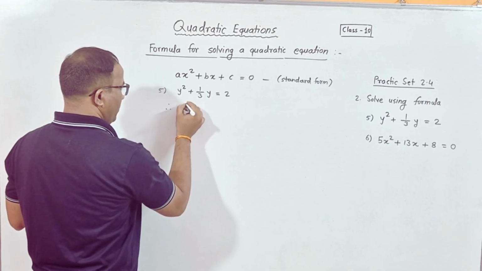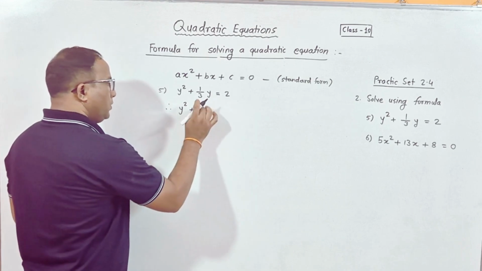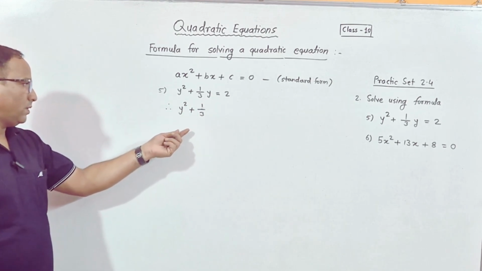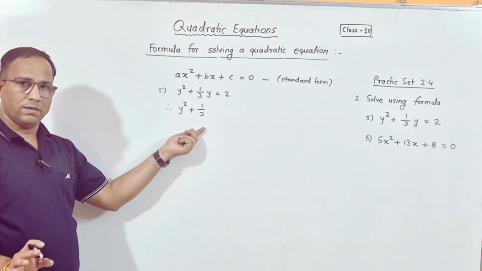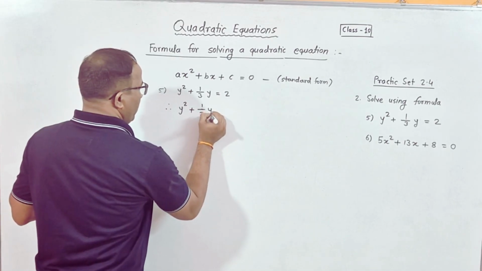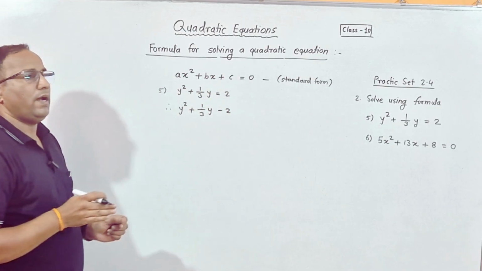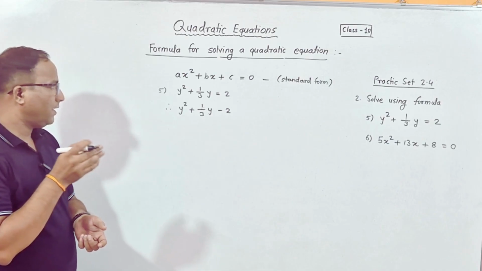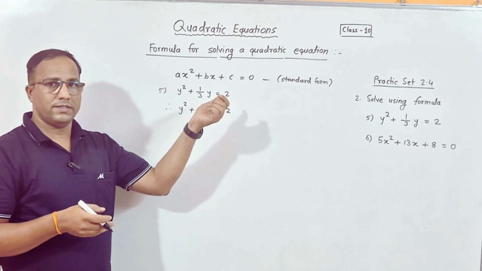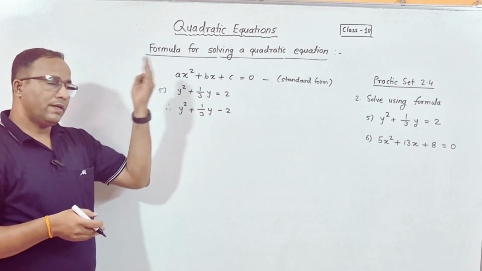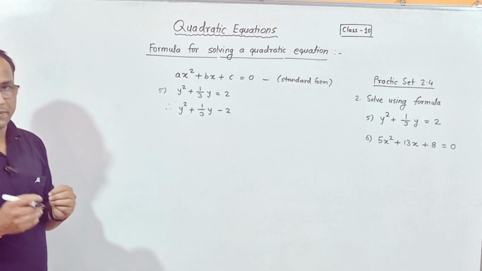For that, the first step is y square plus 1 upon 3 y minus 2. Don't bother that it is a fraction or whatever, just tackle it as a number. When this 2 comes to the other side, it will become negative, because the sign of 2 at that side is positive. So when it comes to the left hand side, it will become negative,